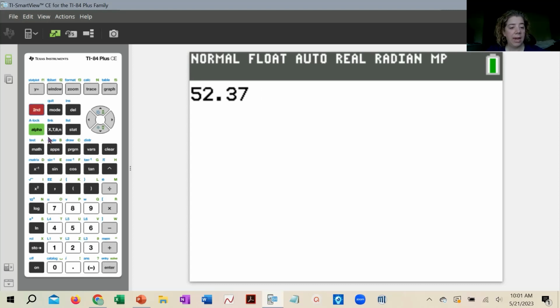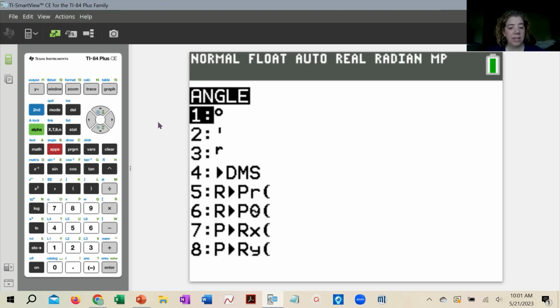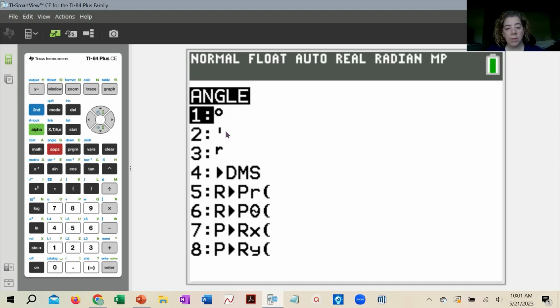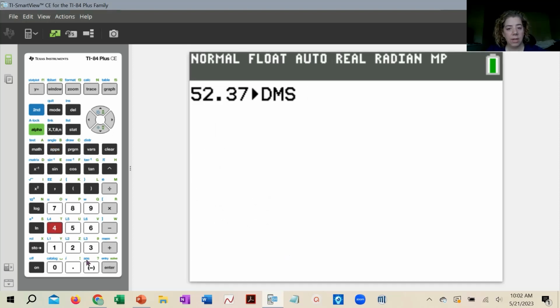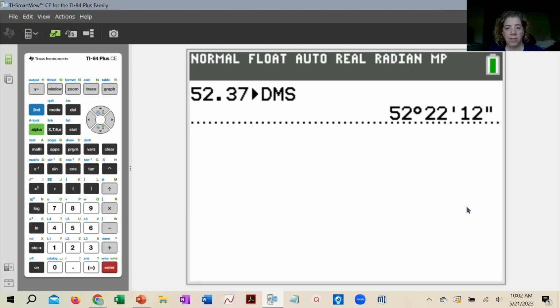you go under the angle menu, so second apps will get into that menu. You've got the degree symbol, the minute symbol, the symbol is for radians, and then this one is degrees, minutes, and seconds. This one for the radians means that you can be in degree mode, but still work with a radian measurement. So I choose option 4, or you can scroll down and hit 4. I just choose 4 on the keyboard and I press enter and it turns it to 52 degrees, 22 minutes